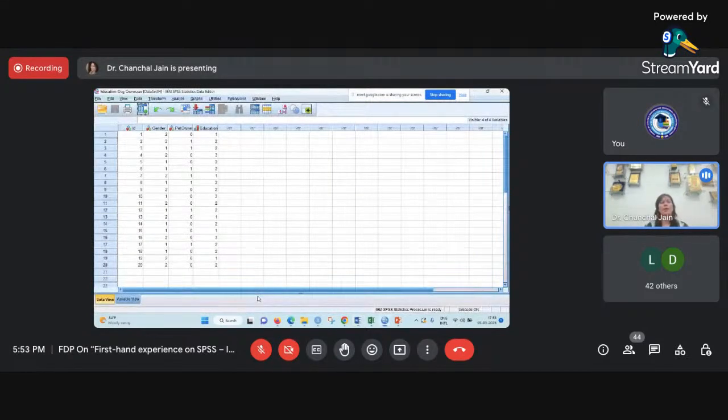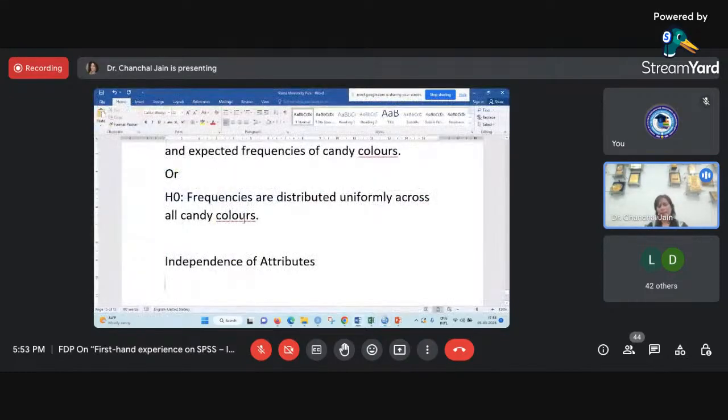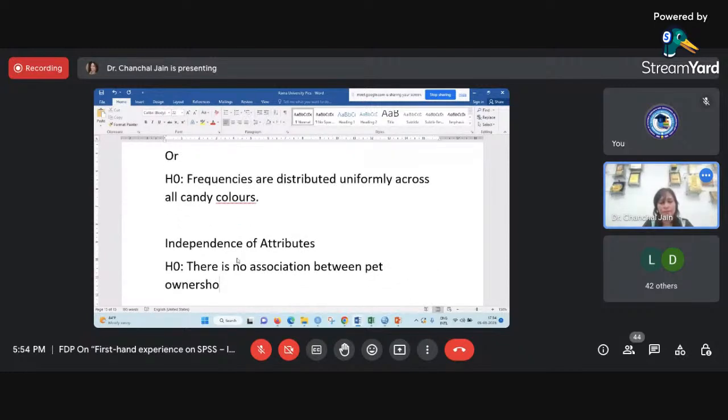Firstly, we will check how many variables are available. Here gender is available, pet ownership is available, and education is available. Suppose I want to find whether pet ownership and gender are associated or not. For that, I'm writing the null hypothesis: there is no association between pet ownership and gender,